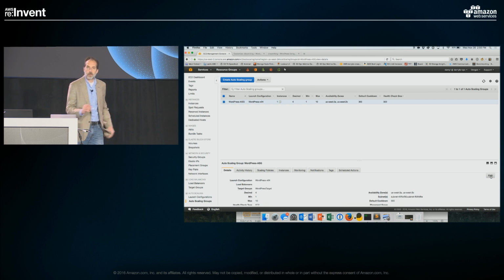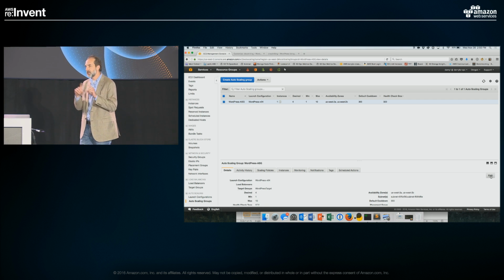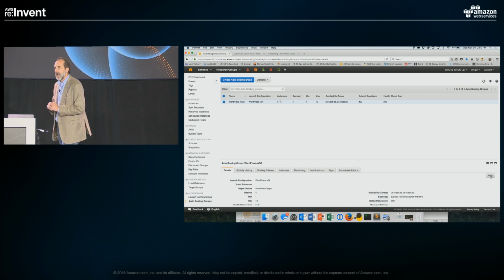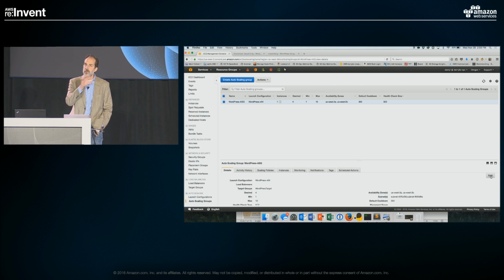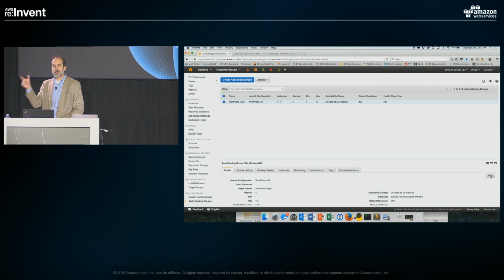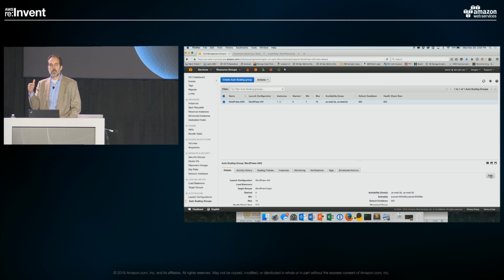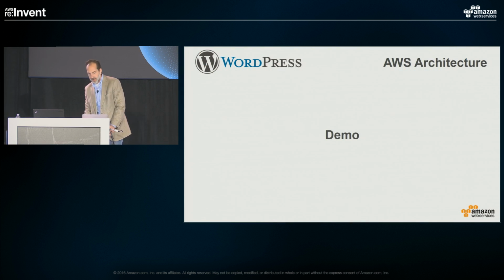So now in the background, it's going to automatically launch these instances. Part of this, the launch config for our auto-scaling group, has all the information it needs to download all the files it needed for our environment. It's able to automatically mount the EFS file system, and it's going to be automatically joined to our load balancer. So if we quickly switch back to our environment,